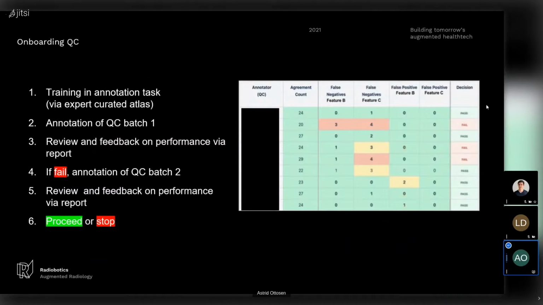After the annotation of this batch, we get a report out with these different metrics, and that is what is shown to the right, basically. Every row is an annotator, and here are some performance metrics for different features, B and C. And then there's also a decision based on these performance metrics if this batch is passed or failed